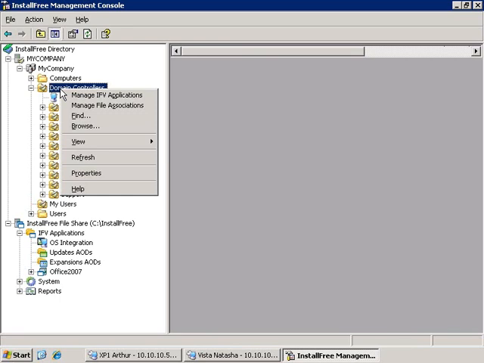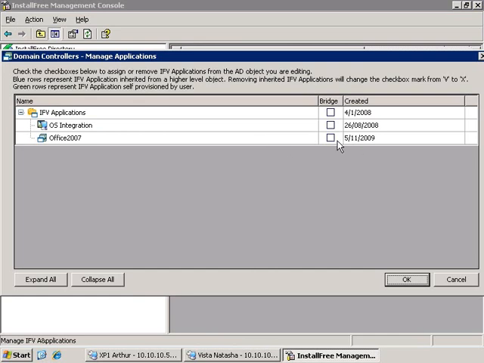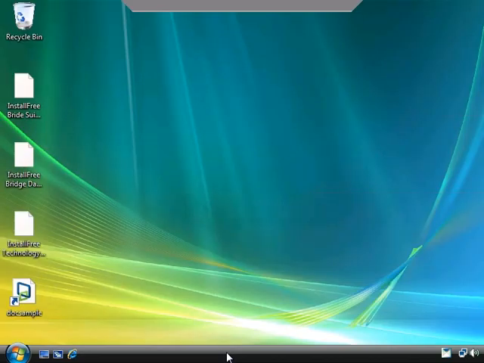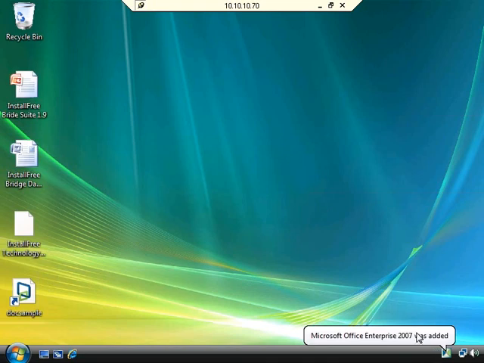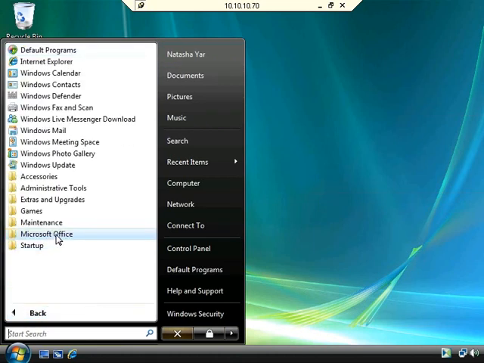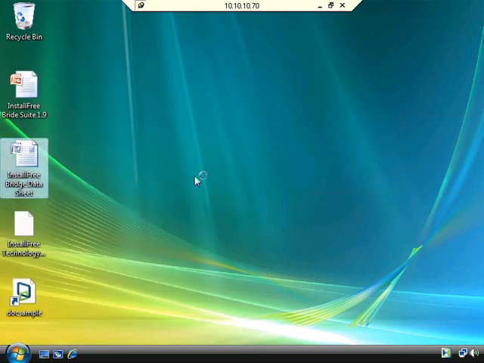Just right-click the Active Directory entity, manage IFV applications, and look how simple it is. Just clicking a checkbox and pressing OK, and that's it. I've got the application provisioned. I'm going to switch to Natasha Yar's computer. It will take a while. You see Microsoft Office was added. You can see that I got icons associated with the right files. You can see it in the start menu programs. They're all here. And now I'm going to just launch